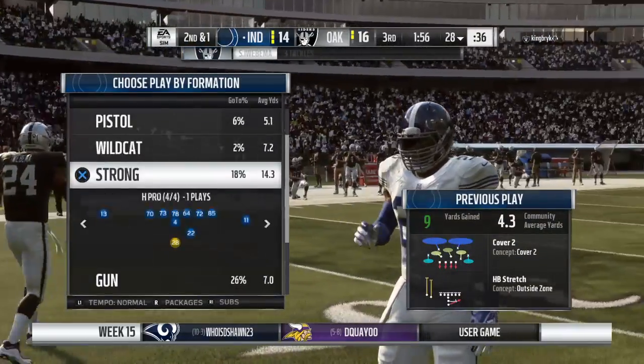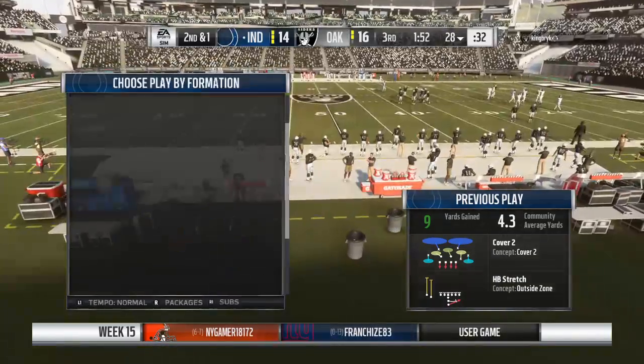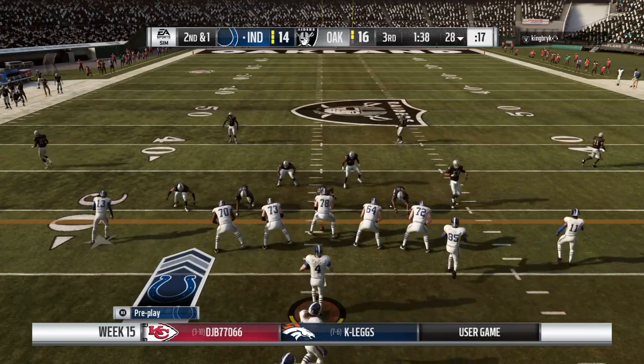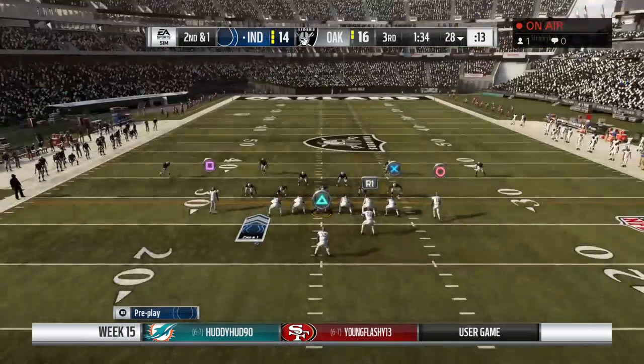9 yards is the pickup there, and they'll have a 2nd and 1. Some runs are blocked so well, you almost forget that someone has to carry the ball to gain the yardage. The leverage by the offensive line to create space up front, really well done. All right, now, look at